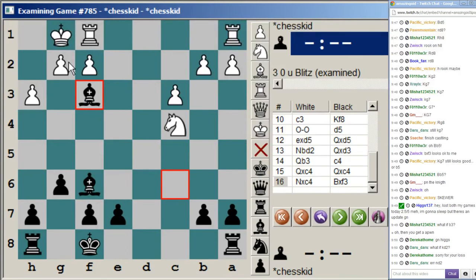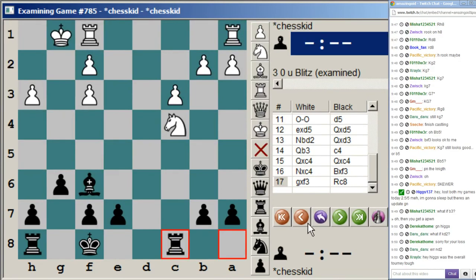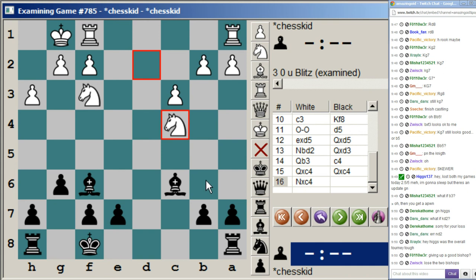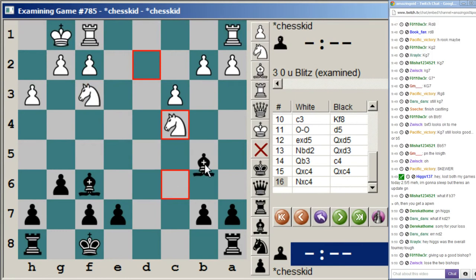But he takes on f3. And now, what's the problem with taking on f3? Oops. Sorry. So what's the problem with taking with f3 here? Well, the problem is you don't win a pawn anymore. But what's the difference between these pawns and, assume this was not hanging,